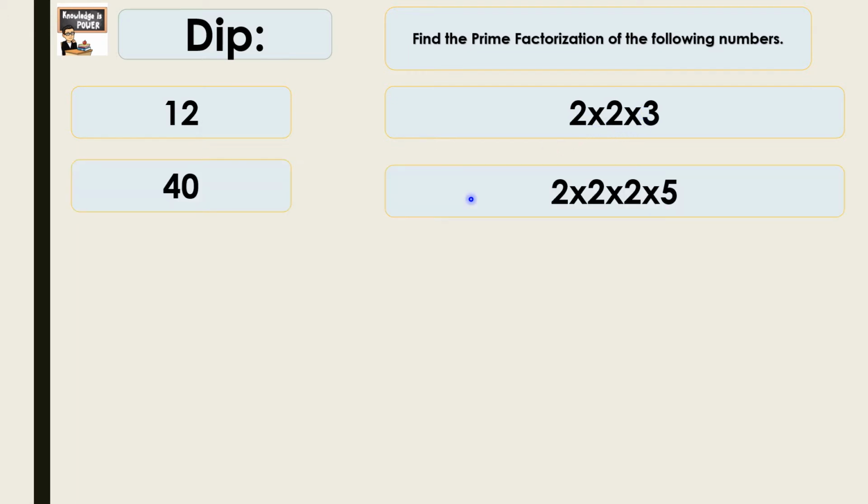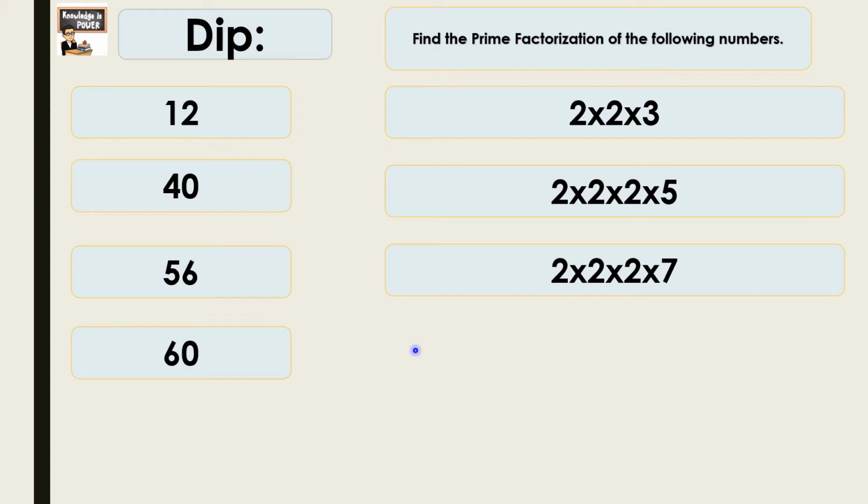Next, 40. 2 times 2 times 2 times 5, because if you multiply all of this, the answer is 40, and 2 and 5 also are prime numbers. Next, 56. 2 times 2 times 2 times 7. Again, 2 and 7 are prime numbers. And if you multiply 2 times 2 times 2, that is 8, and then times 7, that is